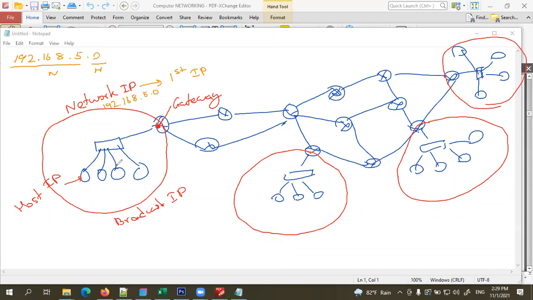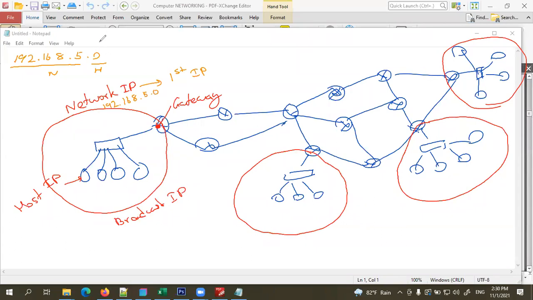Again, children, we use the last IP as the broadcast IP. The broadcast IP is used to access or represent all the devices in the network. If I were to send a message to all the devices in the network, then I should send that to the broadcast IP. So the network IP is used to identify the network. The broadcast IP is used to represent all the hosts or devices in the network. Normally the last IP of the network is considered the broadcast IP.